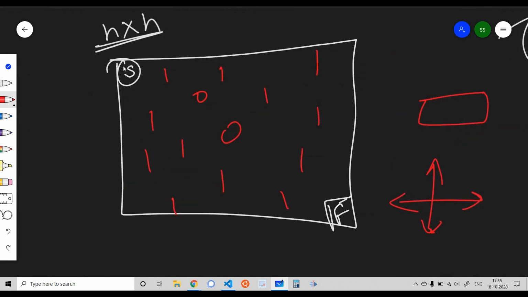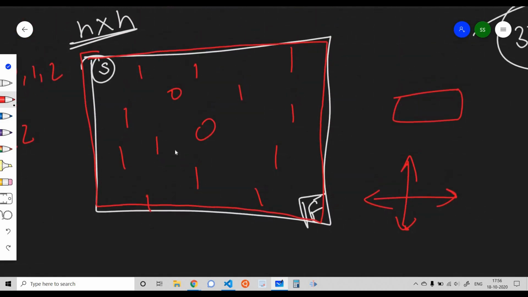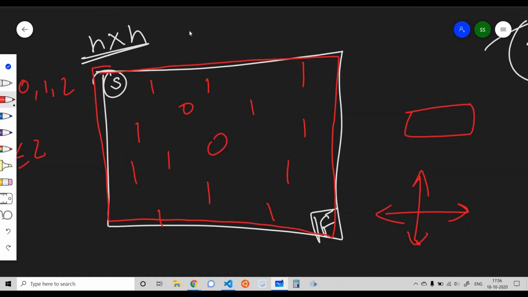And yes, he needs to stay inside this grid, and we can perform at most two operations. We can perform 0, 1 or 2 operations, and we can simply invert a number present in any cell. By inverting, if the cell is containing 1, after our inversion it would be containing a 0, and if it was containing 0, then after inversion it would be containing 1.